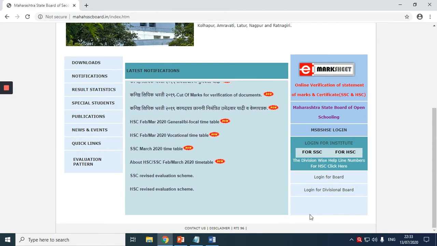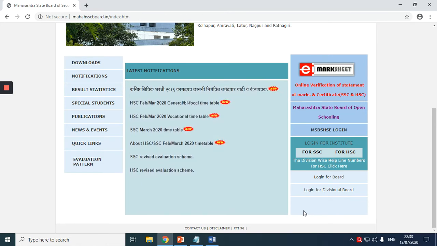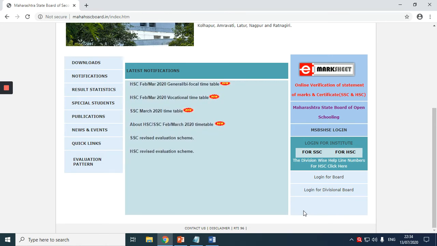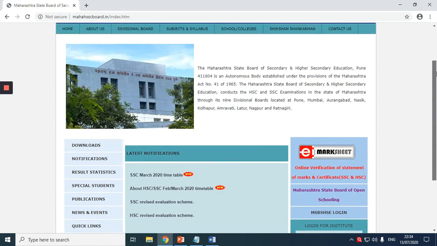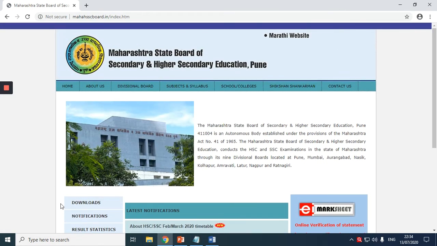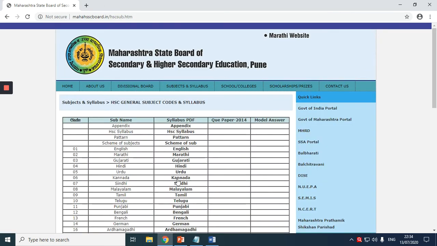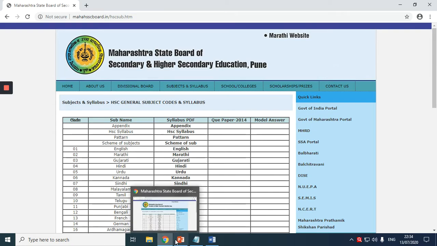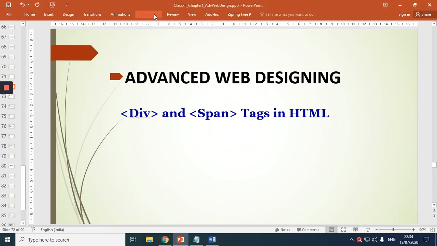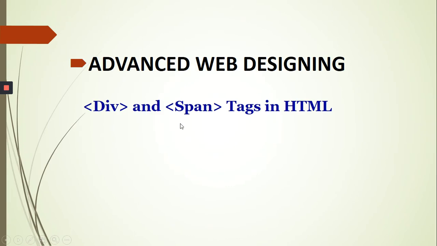Usually in websites, we observe the right side sections have various advertisements coming up, right? Similarly, this is a website, so it has many web pages within it. If I click here, I can see some subject code web pages. Okay, these are the informations. Now today we will learn how to divide our web pages into such different horizontal and vertical sections. Correct? So moving ahead,